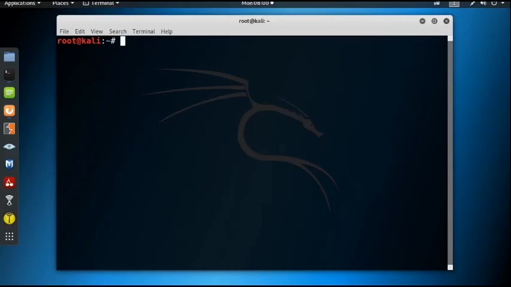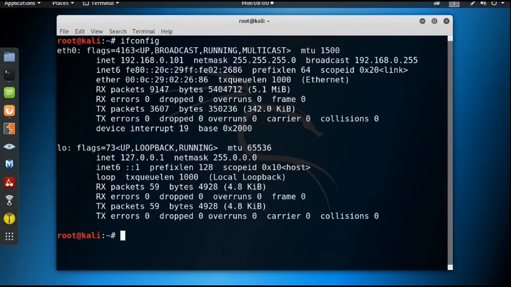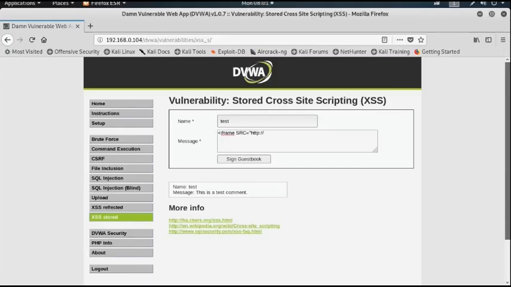Now I need to check the IP address of the attacker machine. It's 192.168.0.101, and using the port, suppose 81. And then put the height of the iframe. Suppose height is 0 because I want to make this invisible. Then width,